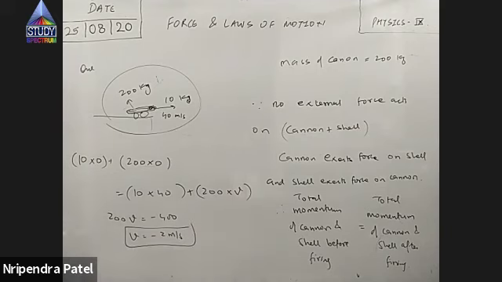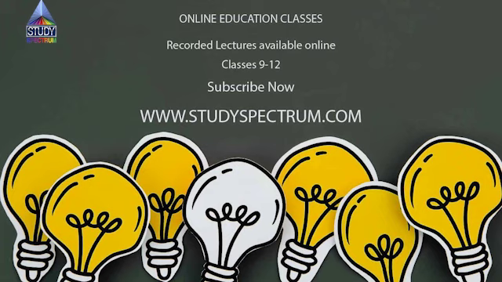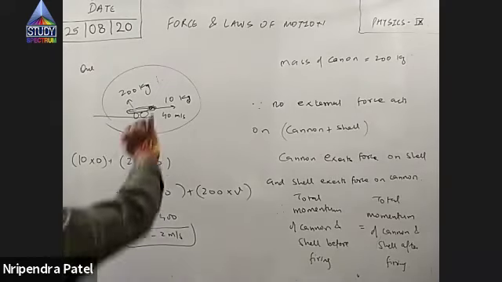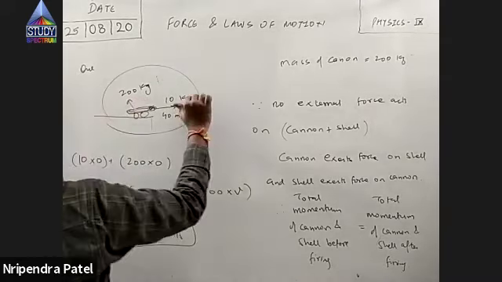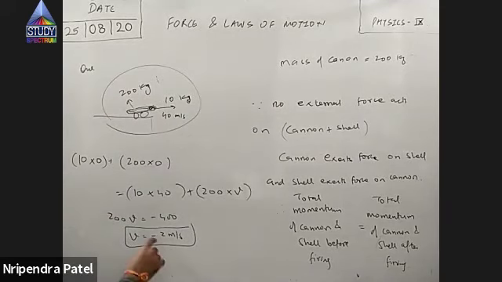So the gun or the cannon recoils with a velocity of 2 meter per second. The minus sign says the velocity gained by the cannon is a recoil, it went backwards. That's why we get negative sign. Shell is fired in this direction, cannon bounces in this direction. So minus sign tells us it recoils in the opposite direction. Recoil itself means opposite. Magnitude is 2 meters per second. Shell is fired at 40 meters per second, so cannon recoils at 2 meters per second against the velocity of shell. Okay.